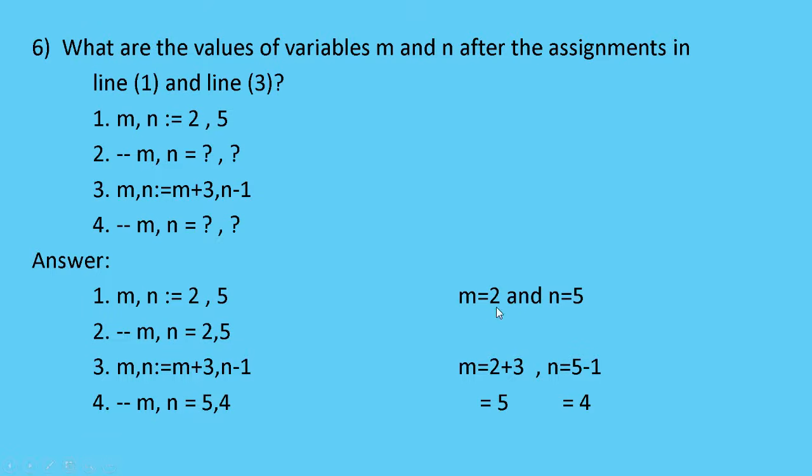m is 2, n is equal to 5. So we have to fill up. So m comma n is equal to 2 comma 5. Next again you have one more assignment statement. M comma n is equal to m plus 3, n minus 1. இப்போ m is equal to 2 plus 3 substitute பண்ணுங்க. m ல n லையும் substitute பண்ணிங்கன்னா m ஓட value 5 ன்னு வரும், n ஓட value 4. So in the last comment we have to write the values of those m and n. So m is 5, n is equal to 4. So இதை கண்டுபிடிக்கிறதெல்லாம் you can write by the side and you can copy this and fill up the question marks. Okay, the values with the question marks.